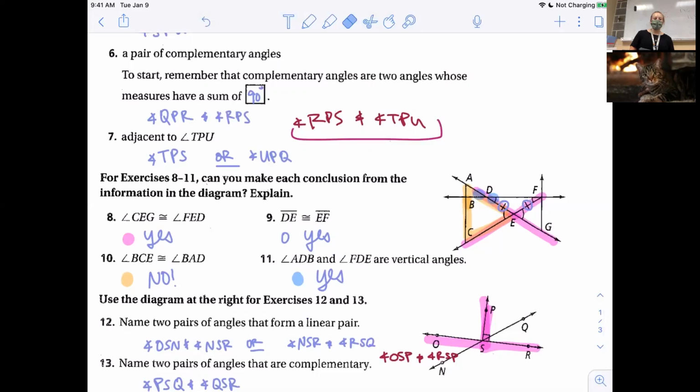Number 8 says angle CEG and FED. I have those highlighted in pink. CEG is this one right here, and then FED is this one up here. I know there's a lot of marks on my picture, but those angles are across from each other. Those angles across from each other are called vertical angles. And vertical angles are always